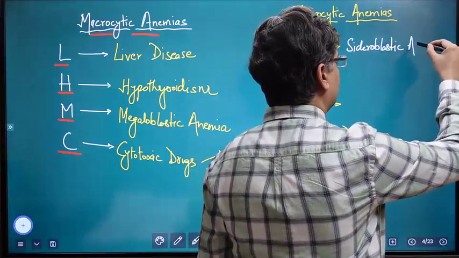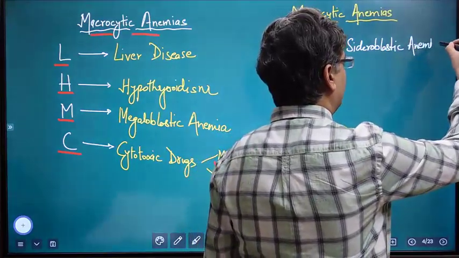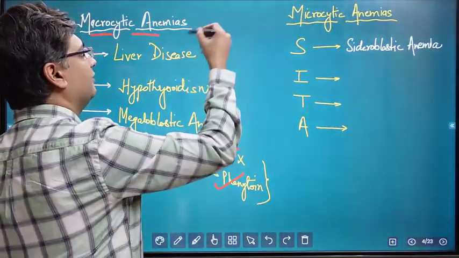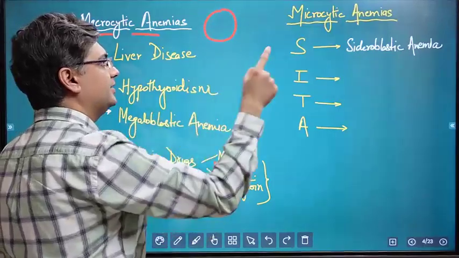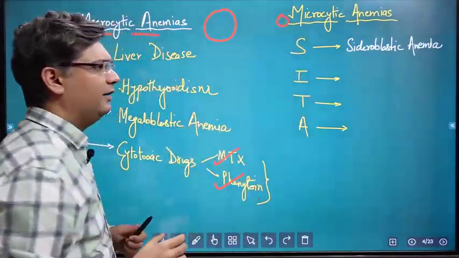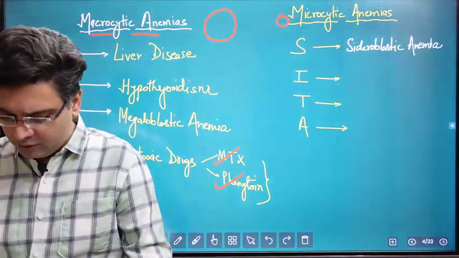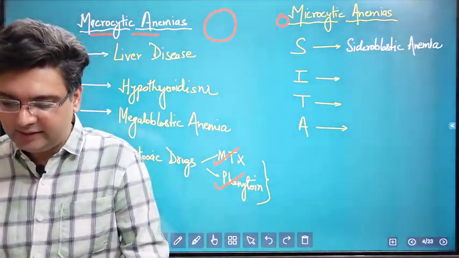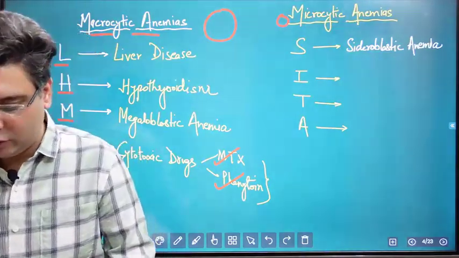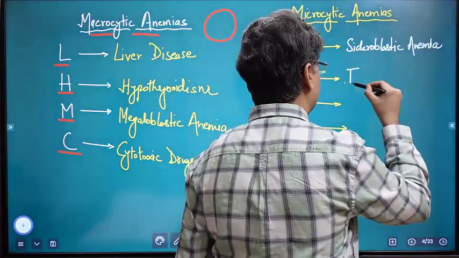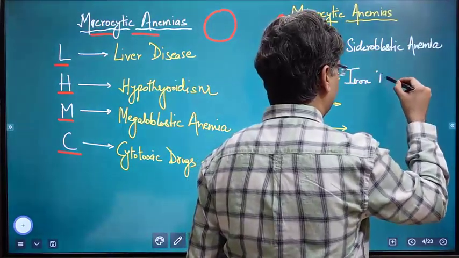Okay, so these conditions are just the opposite of macrocytic anemias. In macrocytic, we had these immature bigger cells, and in microcytic, we'll have these smaller cells which are maybe overmature cells. So microcytic conditions, S is for SITA, S is sideroblastic anemia, I is iron deficiency anemia,